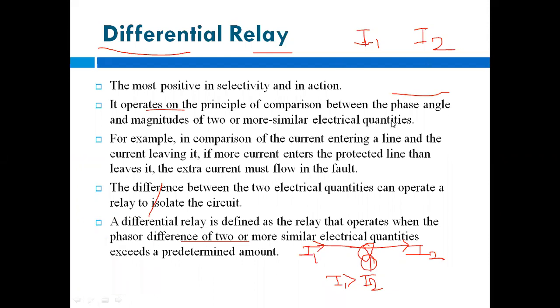Here the phasor difference means you have to consider two phases. This is one phase, this is another phase. If there is some difference, means some angle, that is considered as phi. If you are considering the current, these currents can be different, that is I1 or I2. So there may be a difference in current, difference in voltage, etc. That is called the phasor difference.